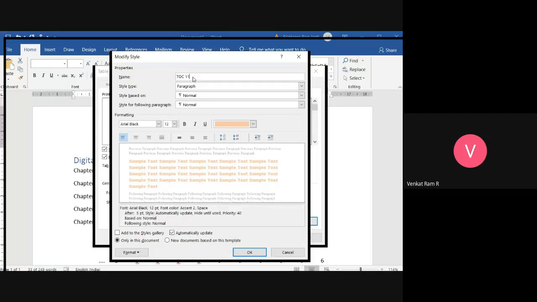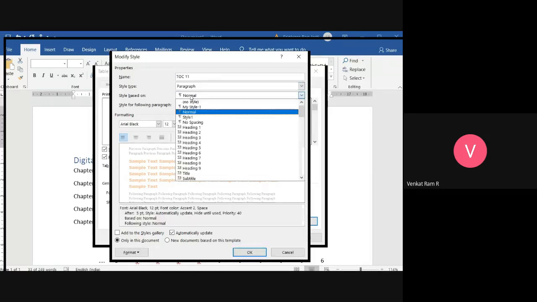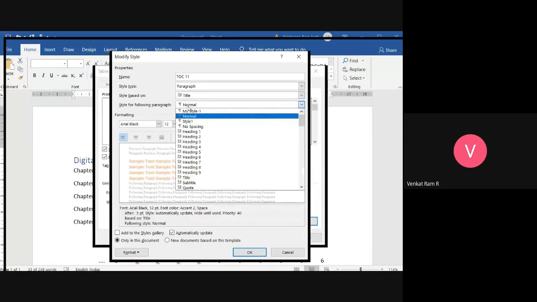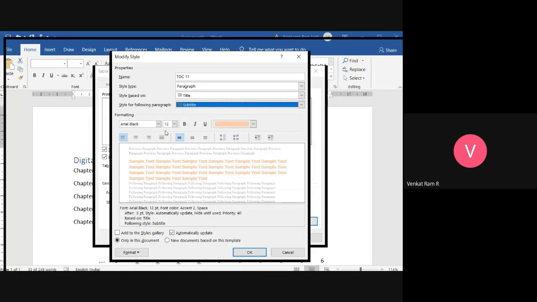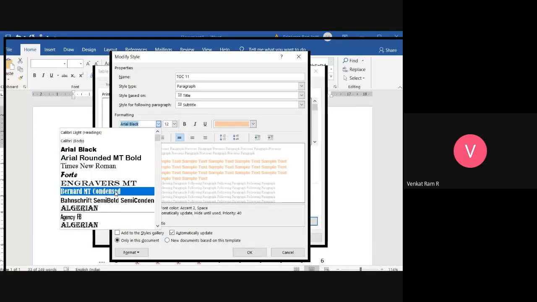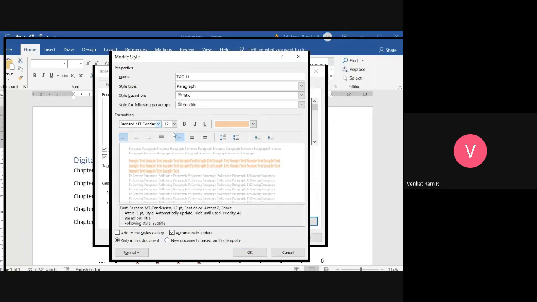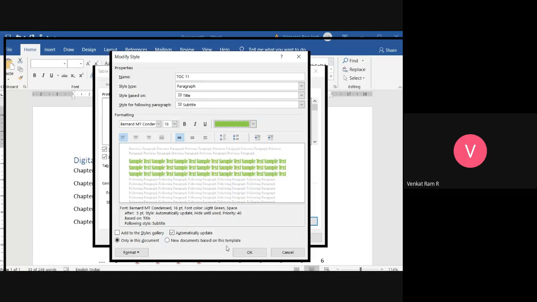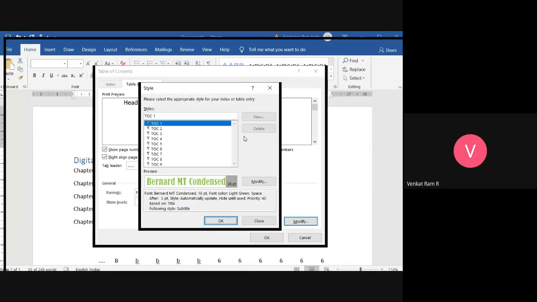So I'm making it POC 11. Whatever style type you want, you can use. I'm using title and subtitle, and I'm changing the font size and font style, and even the font color. If I click on OK, you will see what we get.